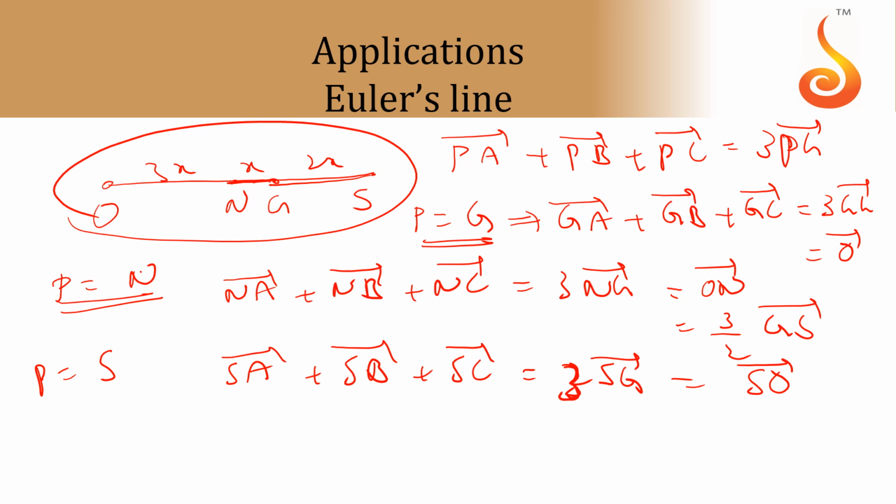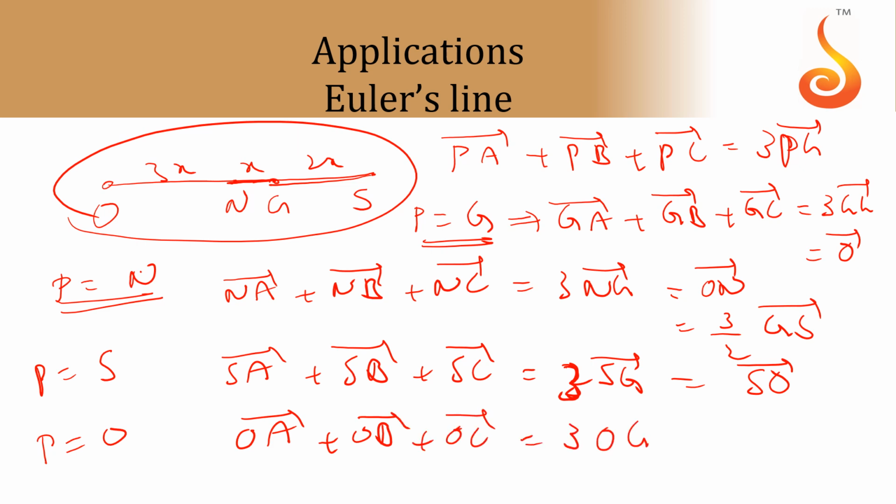Like that we can write, even if it is the orthocenter you can write OA bar plus OB bar plus OC bar equal to 3 OG bar. So OG is 4x, for the 12x. 12x means I can write 2 OS bar. The direction you should not change. So like this you can develop some results on Euler's line.